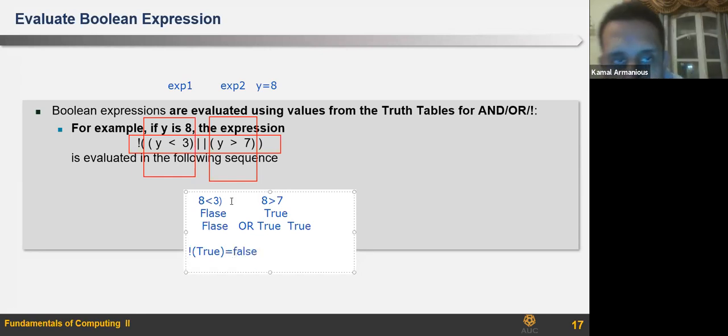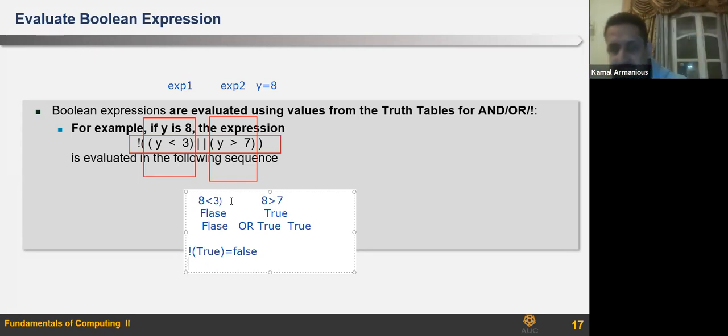So I repeat, the Boolean expression is evaluated also based on some priority. You evaluate what's in the parentheses first. You evaluate the or and you evaluate the greater than or less than, and here we go. We have a certain priority table that I will send to you. So you evaluate the expression from left to right based on the priority. Parentheses first, then less than, greater than, less or and, etc., etc.